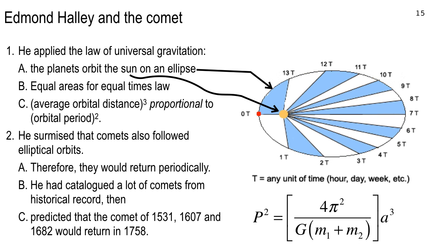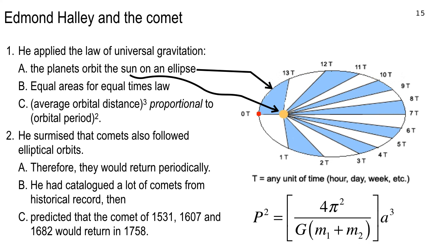And he said, I think that those three comets are the same comet. And if they are the same comet, as I predict, that comet is going to come back again in